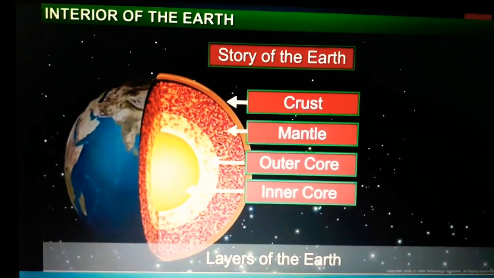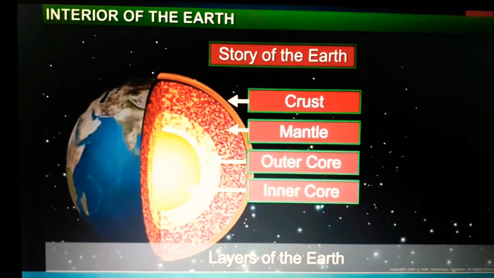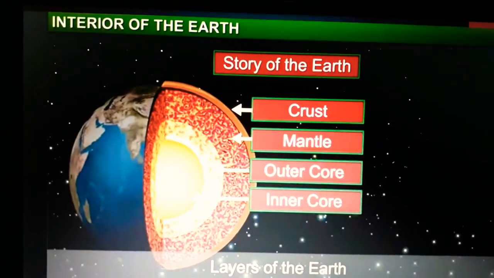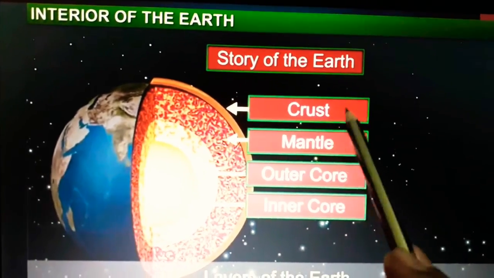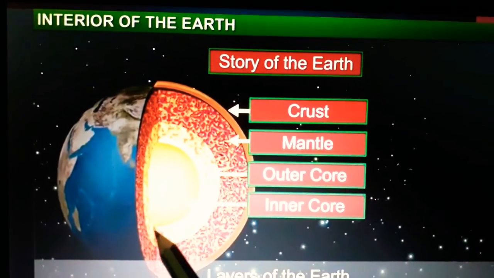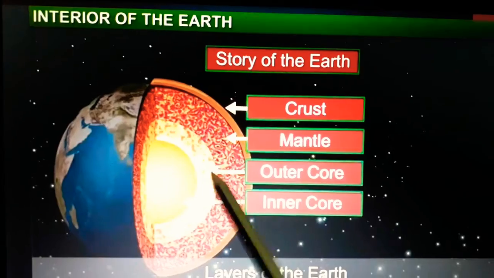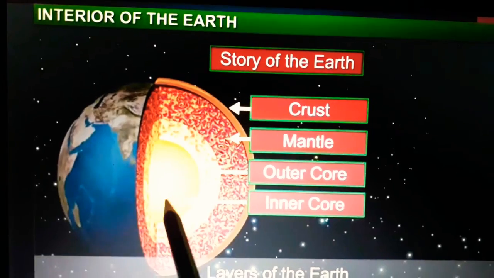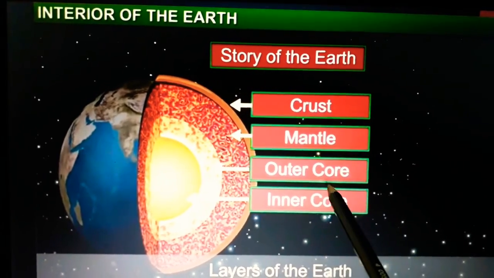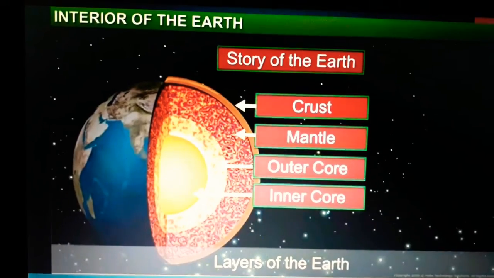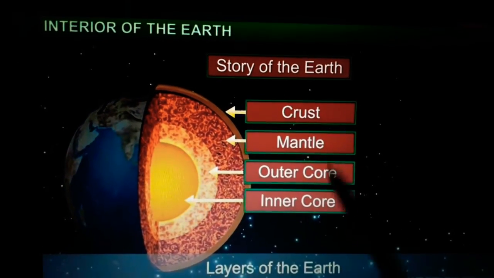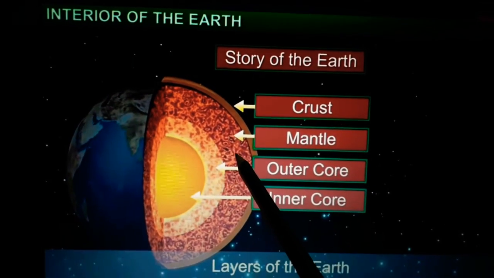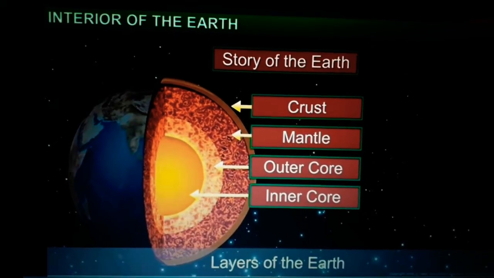Okay. So, I already told you, you can take one more example, that is egg. You can consider the egg white thin layer as the crust. Okay. And the second thicker white layer, right, that is the mantle, and the center point, the yellow yolk, you can consider as the core. Okay, so this is the exact structure of the layers of the earth. First is crust, second one is mantle and next one is core.